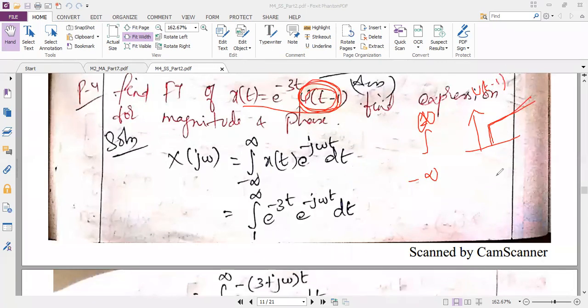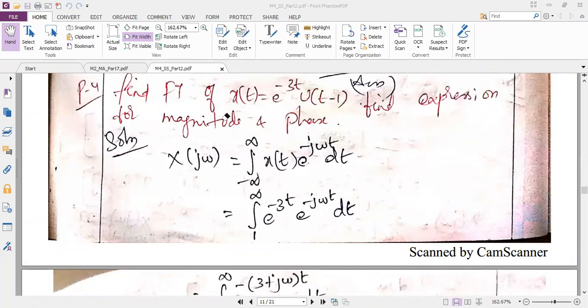Yes, ma'am. So tell me from where to where I have to substitute my limits now. 1 to infinity. Okay, very good. 1 to infinity. So I need not repeat the steps; I have given the hint. T minus 1 only changes the lower limit. Otherwise, if it is given only u of t, you would have taken the lower limit as 0 to infinity. So here minus 1 is given just to confuse you. So it is 1 to infinity.